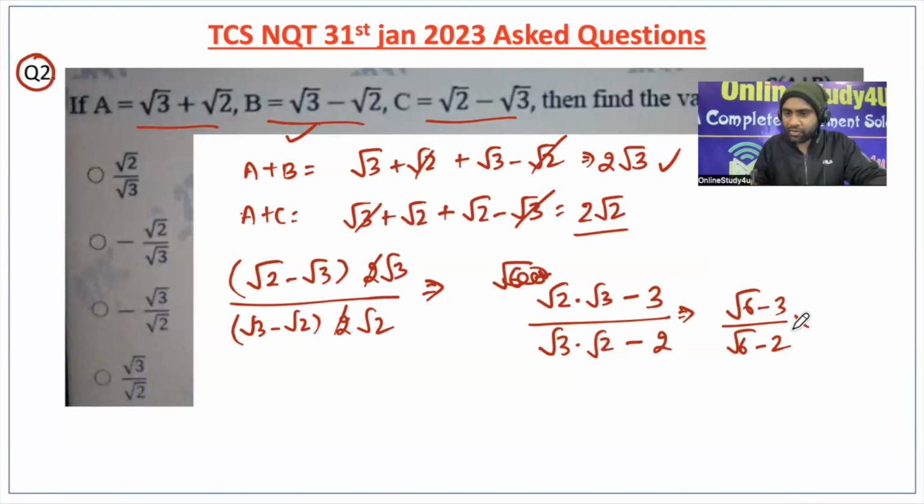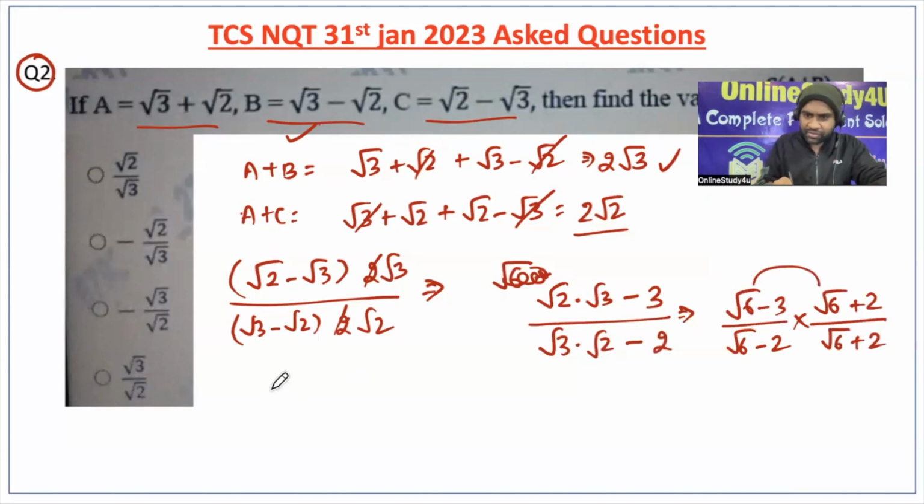So here I am going to rationalize, so what we have to do, the denominator we have to write with the plus sign. So that is how we rationalize or normalize, whatever you say. Okay, root 6 plus root 2. So now 6 into 6 will be 6, and then here if you multiply, then it will become 2 root 6, and then this multiplication 3 root 6 and minus